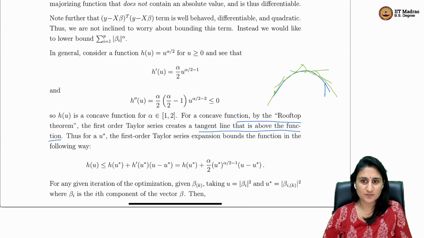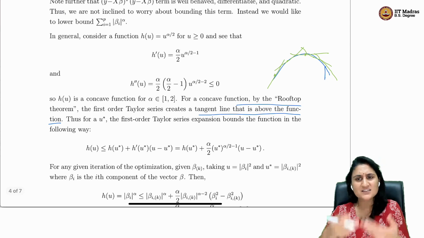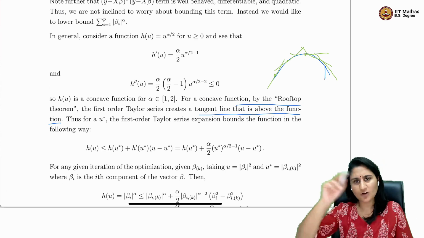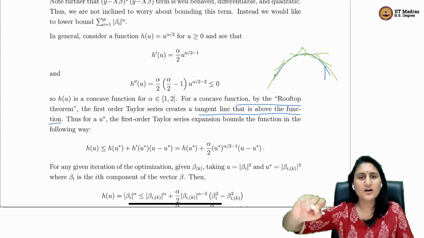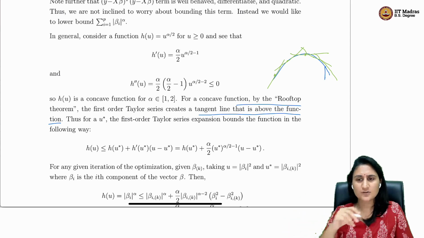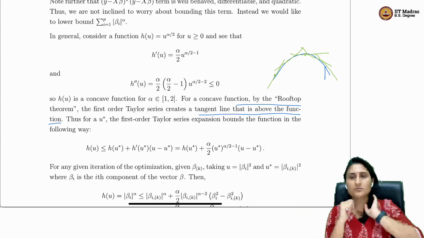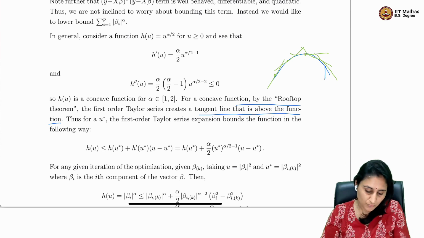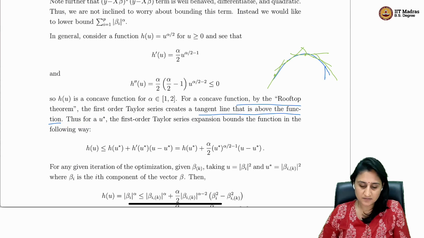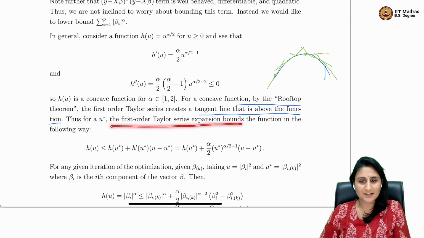Okay, so this is what the rooftop theorem says, and you can see this just by visual. You create a concave function and you try to draw a line, a first order Taylor series expansion, which is a line that does not always lie above the function, and you won't be able to do it. So thus, for a u star,